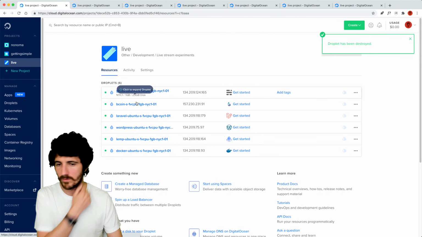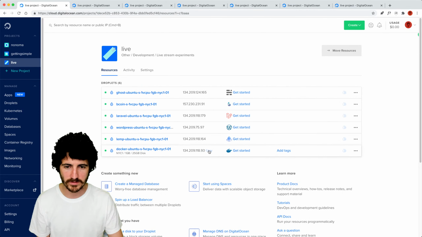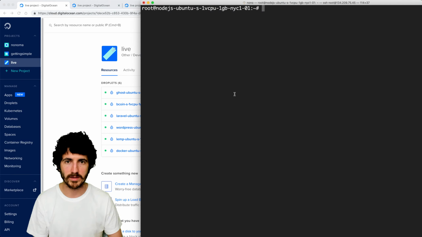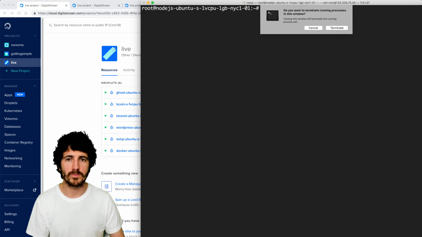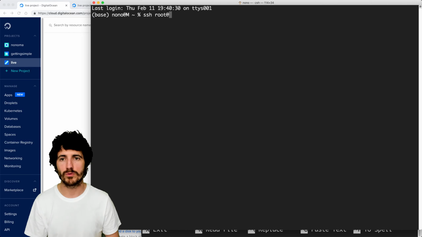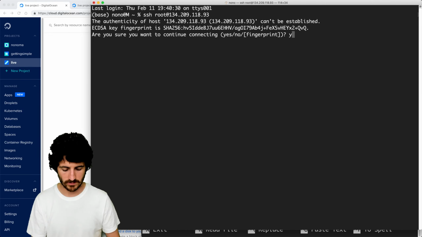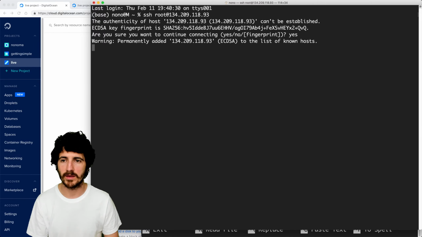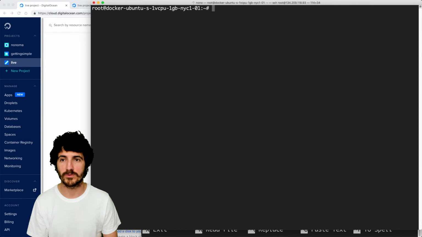Okay, so now the Docker one, so we're going to go a bit more quickly here. So we're going to create a new tab, and close the other one. Right, so SSH root at that IP, we say yes to this, and once we enter, what's really cool now is we have Docker, and Docker is all ready to go, right? It's already here.